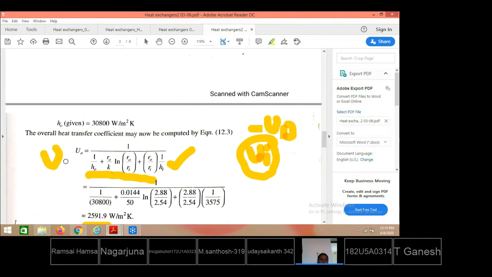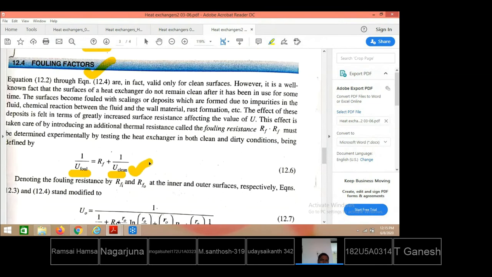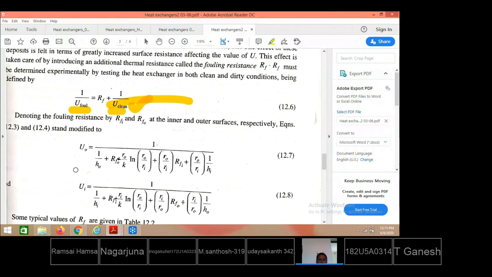So this is u naught estimated for clean surfaces, and that is the case we are considering here. So the overall heat transfer coefficient with the inclusion of fouling equals the fouling resistance plus 1 by u clean. From here you can calculate, already u naught is estimated and ui is also estimated